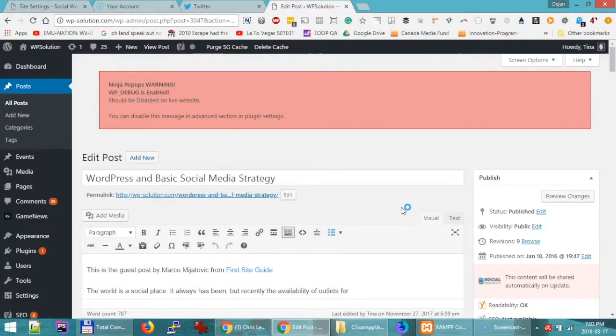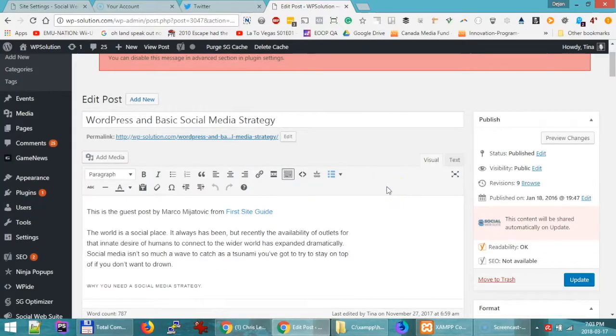Hi! Although the majority of the settings are on the Social Web Suite platform, you can fine-tune your social sharing for each post and page individually within WordPress too, in the WordPress Editor. Today, I will show you how to customize social messages for a single post. So, let's dive in. Once you're logged into your WordPress site, just go to any post you want to customize